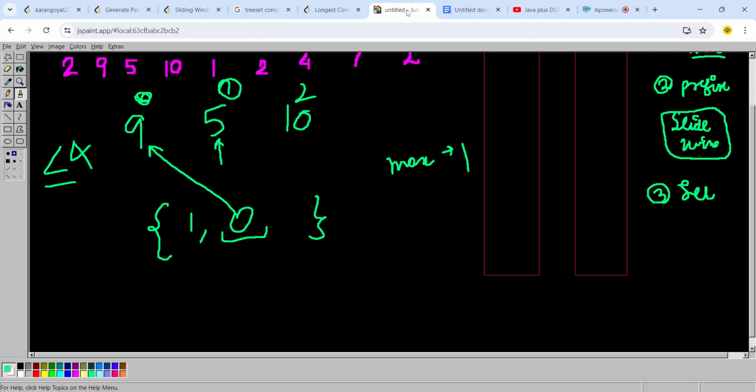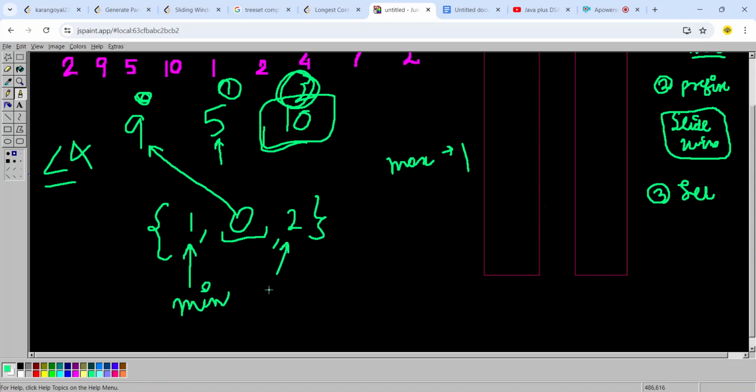Now we have to put this 10. Basically you have to put this 2 as an index. How will you put it? Here, nums at 1 is 5, nums at 0 is 9, nums at 2 is 10. So 10 is the maximum element, so 1, 0 and 2. Now index 1 will be my minimum element, index 2 will be my maximum element. If you compare 5 and 10, the difference will be greater than 4. So I have to blacklist 9 and I have to blacklist 5.